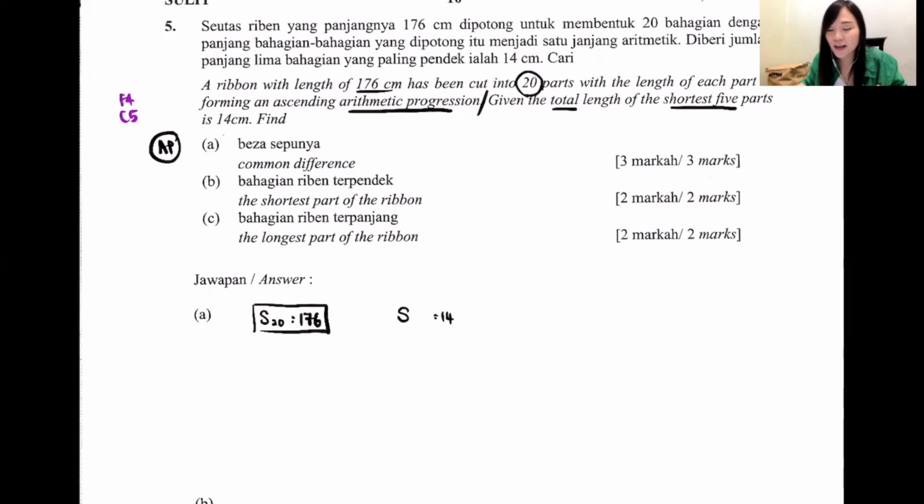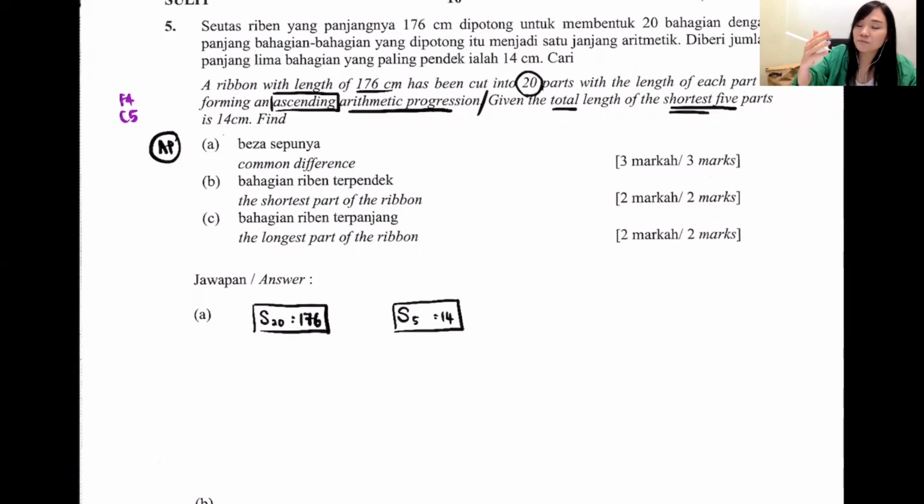How do I know it's the first 5? Because they say ascending. So I repeat, ascending is actually small to big, so it's from short to long. So now they say the shortest. Shortest, of course, is the first 5 parts. So isn't it S5? If they say last 5, you should know it's S16 to 20: 16, 17, 18, 19, 20. That is for the last 5. But now they say shortest 5, so it's first 5. So S5 equals 14. You must write the equation out correctly, write the information out correctly, only then it is possible to get the answer out